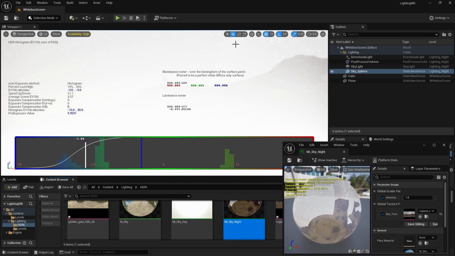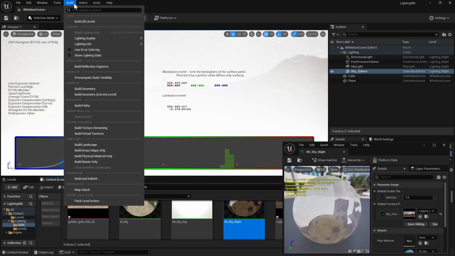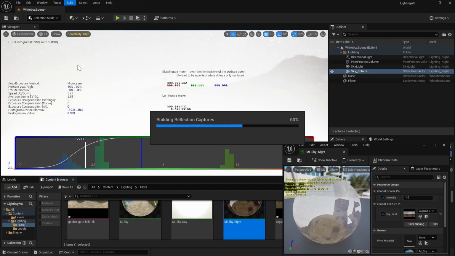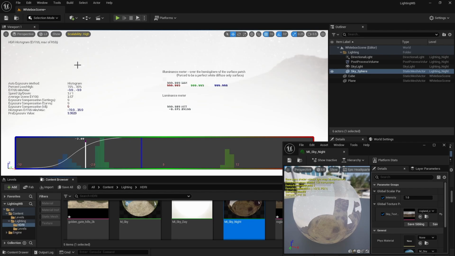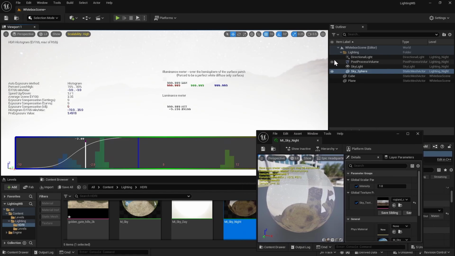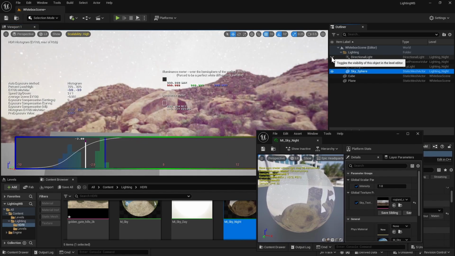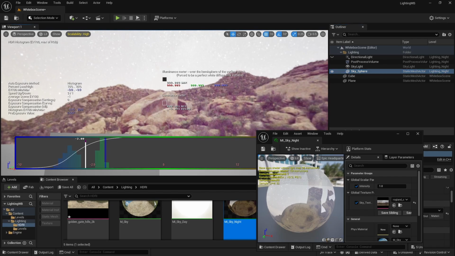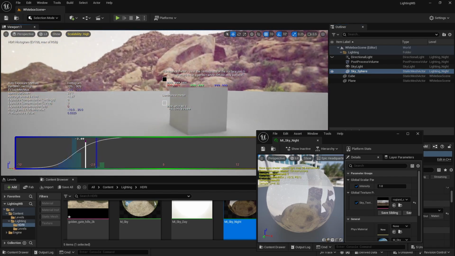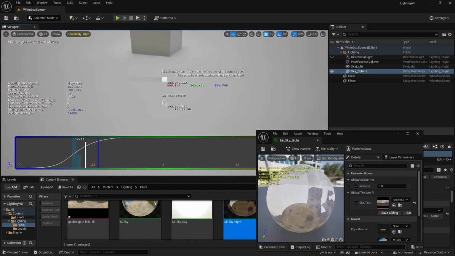But right now it's still kind of messed up, and sometimes when you change lighting in a drastic way, you have to rebuild your reflection captures, at least on the sky. So go to build reflection captures, and that might help us. Not exactly though. Also our directional light is still on. I'm going to turn the directional light off for now, so it is not part of this equation. So now at least we can see something,